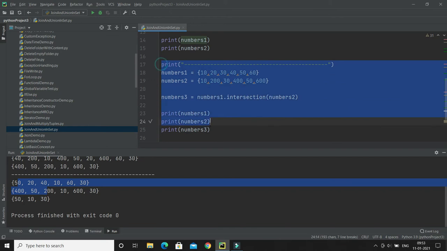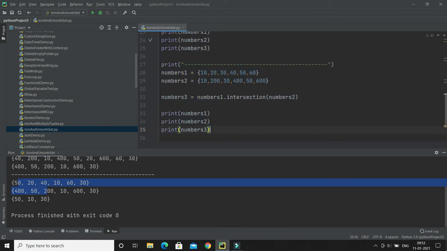Now I will move ahead and talk about another method, or another function, which is called intersection underscore update, right? When you use intersection underscore update, it is not going to return you a result. When you call intersection underscore update on any set, the same result, the common elements from both sets, is computed, but it is not returned. This will give you the common items from both the sets, and that result is going to update in the first set on which you are calling this method, right?